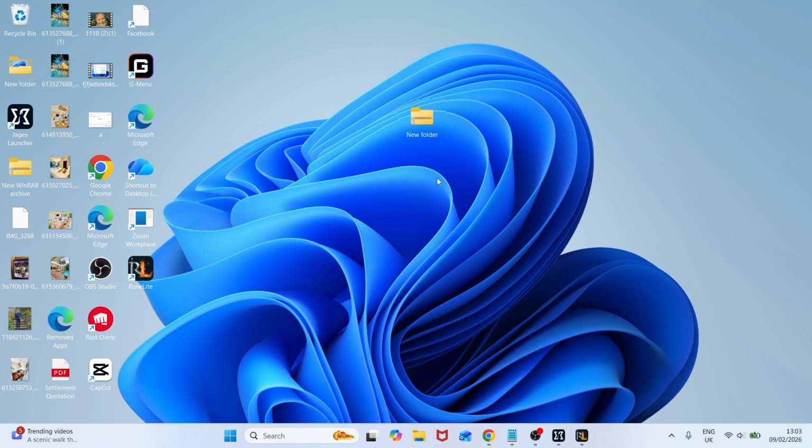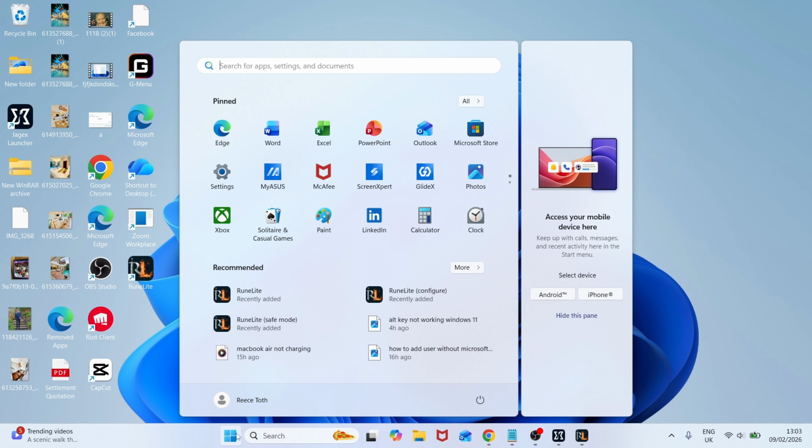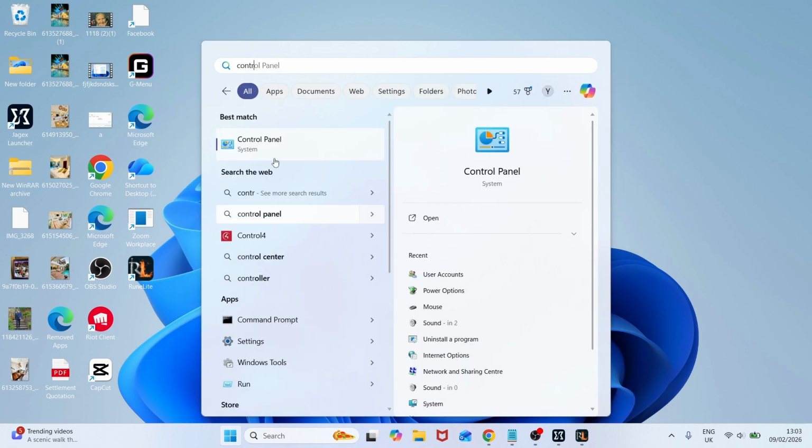How to fix your laptop cursor is moving on its own. So if your cursor is randomly moving, I'm going to show you how to solve this issue. Now the first thing you need to do is open up your start menu, search for control panel and click